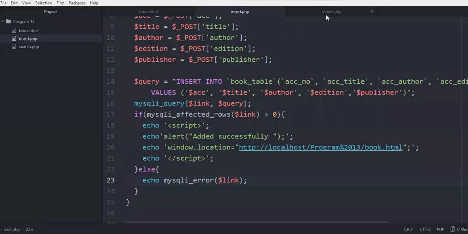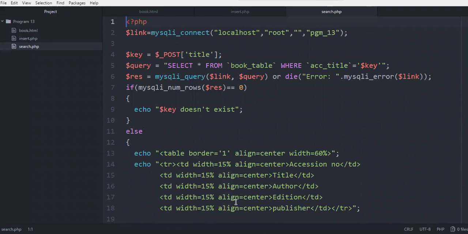Now we have to perform the search operation. This search operation has to be performed again based on the title of the book. So see here, we have to change this particular database name. Our database is program 13 underscore DB. Now you remember this is going to have all the details of our database.